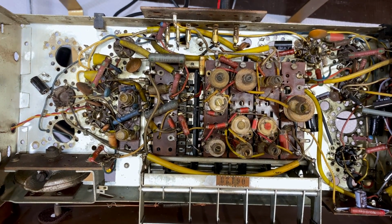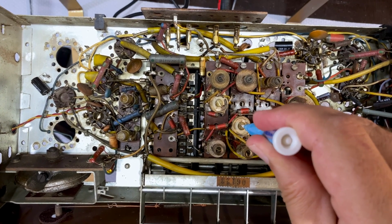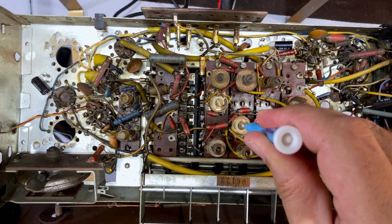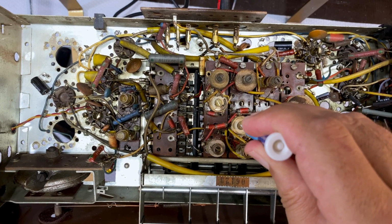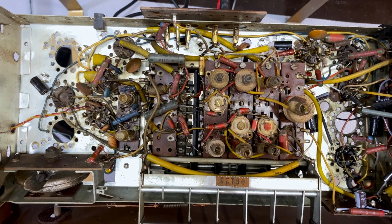I found it already and it made no difference when I took it away. So that means that that metal screwdriver is fine on this. There it is, I can hear it. Okay, so we've adjusted that. I'll go back and forth again like I did the last time and come back to do the antenna circuit